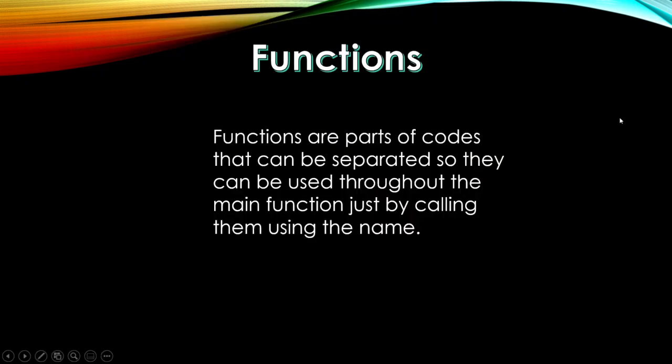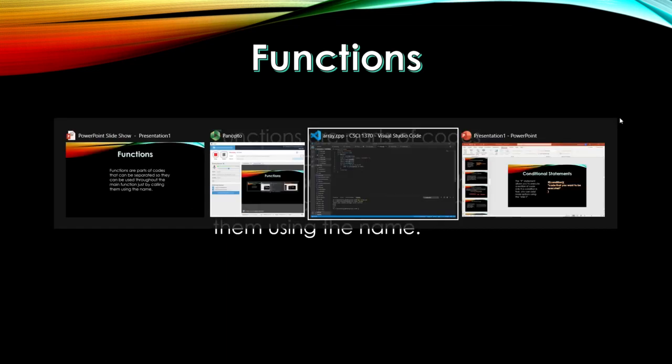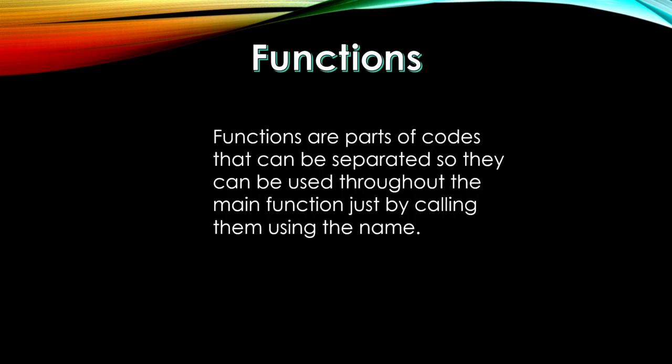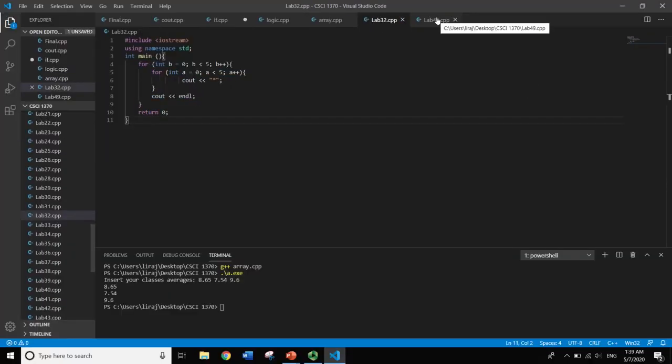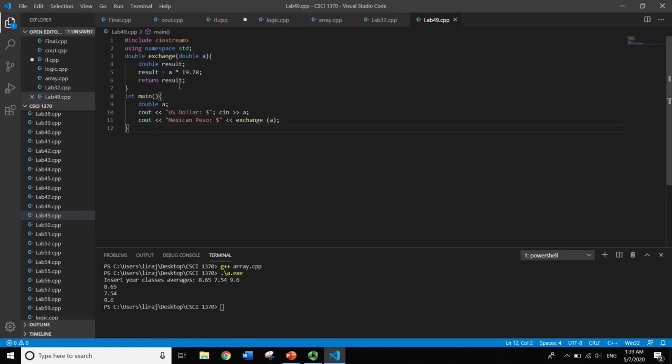Functions are parts of code that can be separated so they can be used throughout the main function just by calling them using their name. Here I'm gonna go back and refer to a homework, a lab you did. For my function, you have to set what type of data you're using, the name of your function, and in parentheses you have to put the input that it is receiving. In this case we're trying to translate dollars to pesos, so